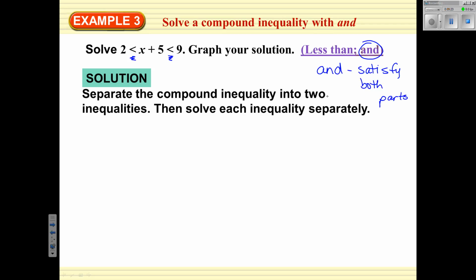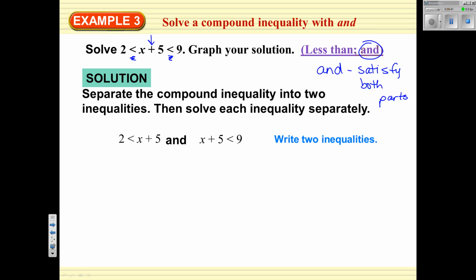Has to satisfy both parts. So separate the compound inequality into two inequalities. Now look right here. We've got this middle part that has an x plus 5, so we can't truly graph this. So we're going to separate it into two inequalities and then have the word "and," and we're going to solve them